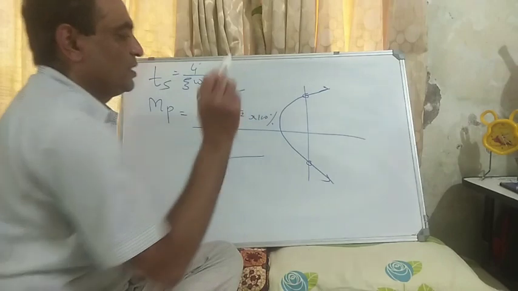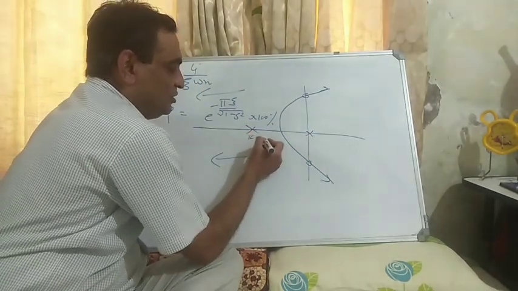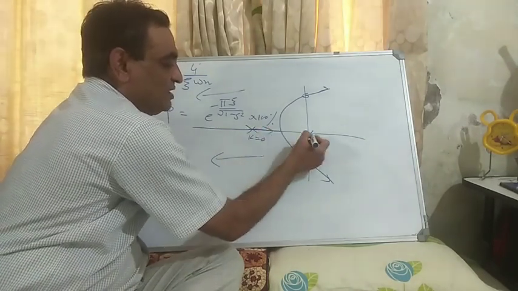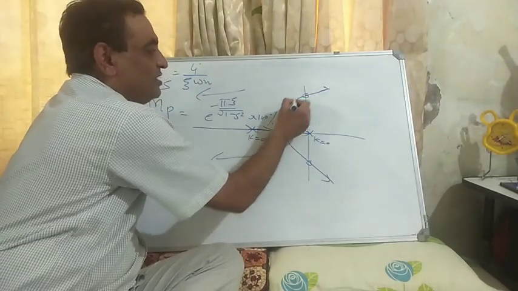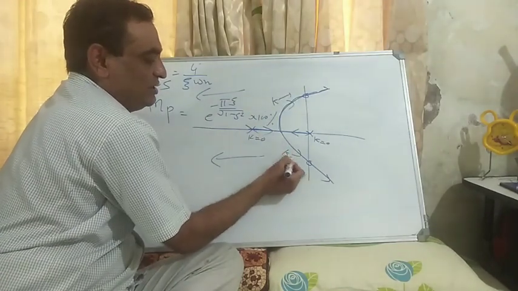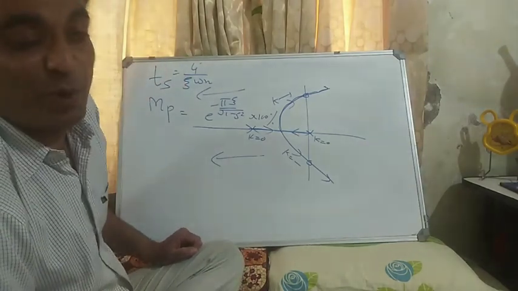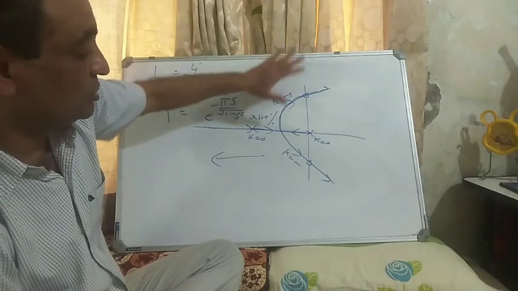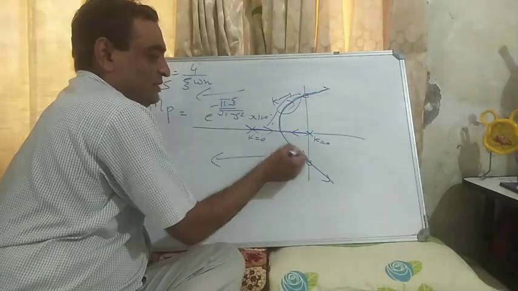Now, if this is the root locus, then this is gain K equal to 0. As K increases, this branch will move towards this. Further, K is increasing. This is how K is increasing. Now I want my dominant poles near the imaginary axis and based on the specifications. So I want my dominant poles to be here, so maybe here.